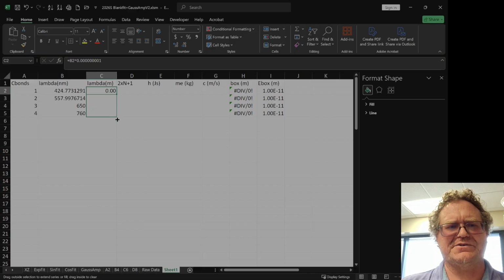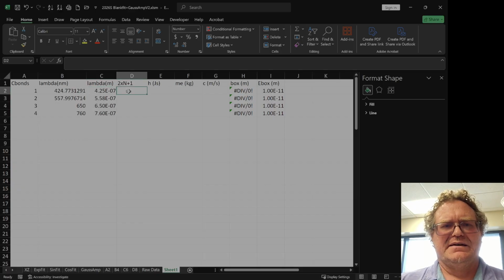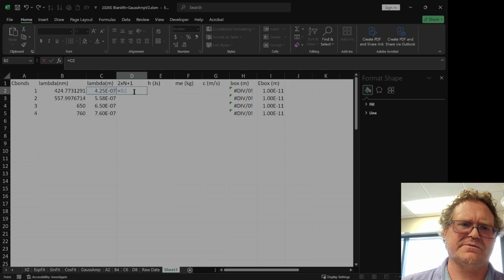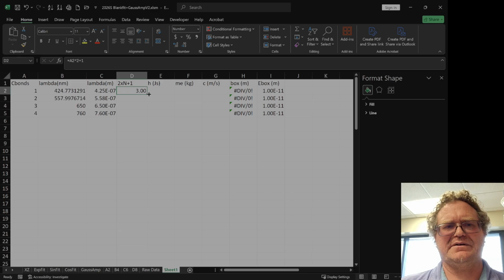But notice I also should probably convert that to scientific notation. And so I'm going to come down there now at scientific notation. Next, we're going to take this number of bonds, and that's the conjugated carbon bonds, and we're going to multiply that number by 2 and then add 1. So we're going to say that's equal to that times 2 plus 1, and so we get a 3 and then so on, 5, 7, 9,